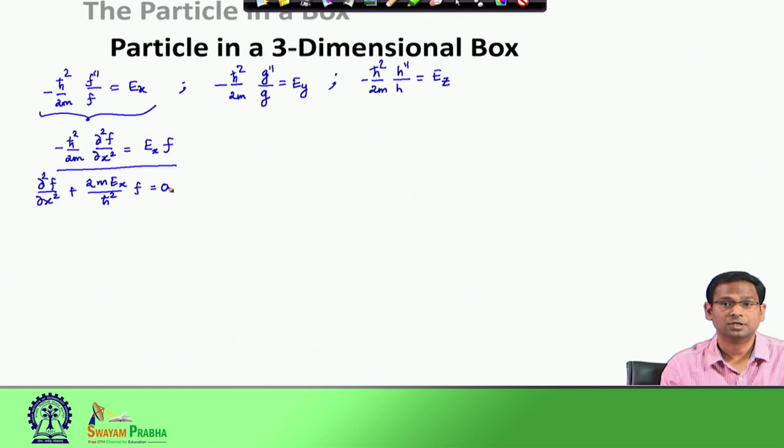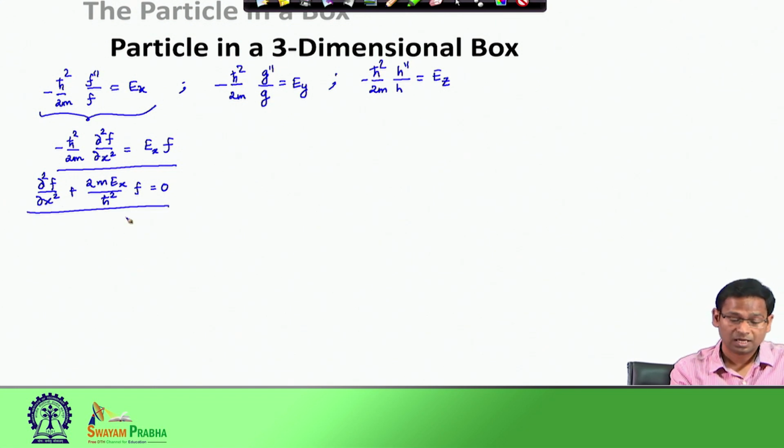And its solution is also something that we already know. If you remember, this 3-dimensional box problem has become 3 independent 1-dimensional problems, and we are currently dealing with one of these 3 one-dimensional problems. So, in this case, the wave function can be written down as a linear combination of 2 exponential functions, and